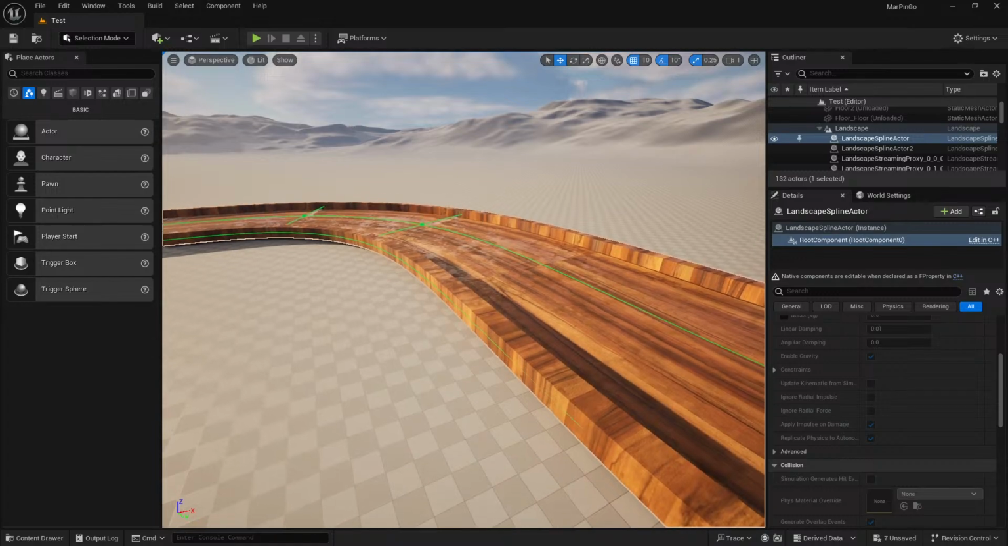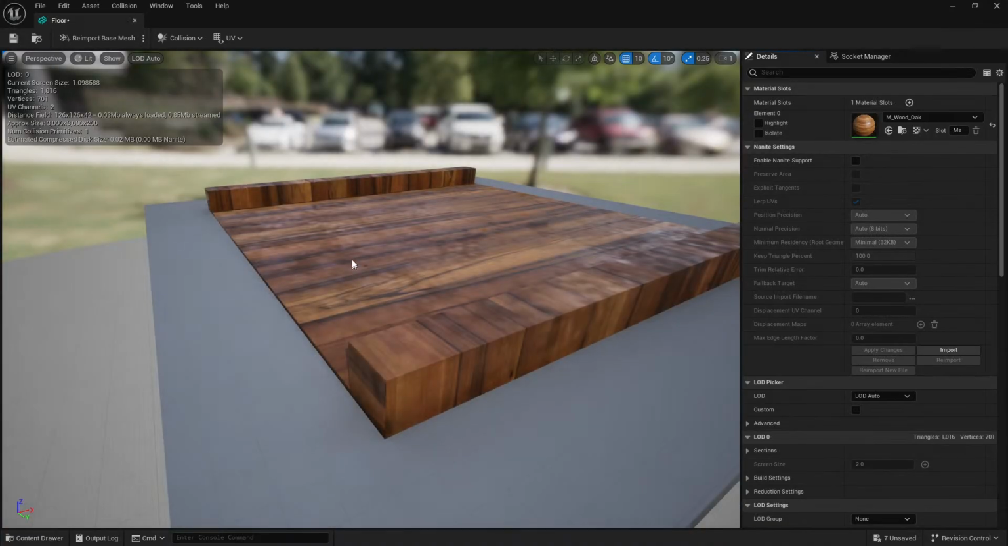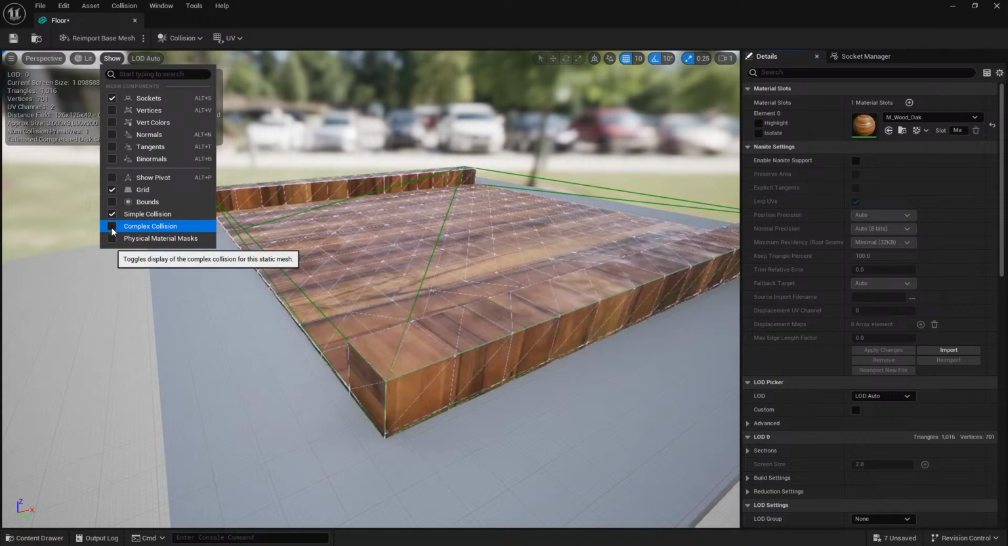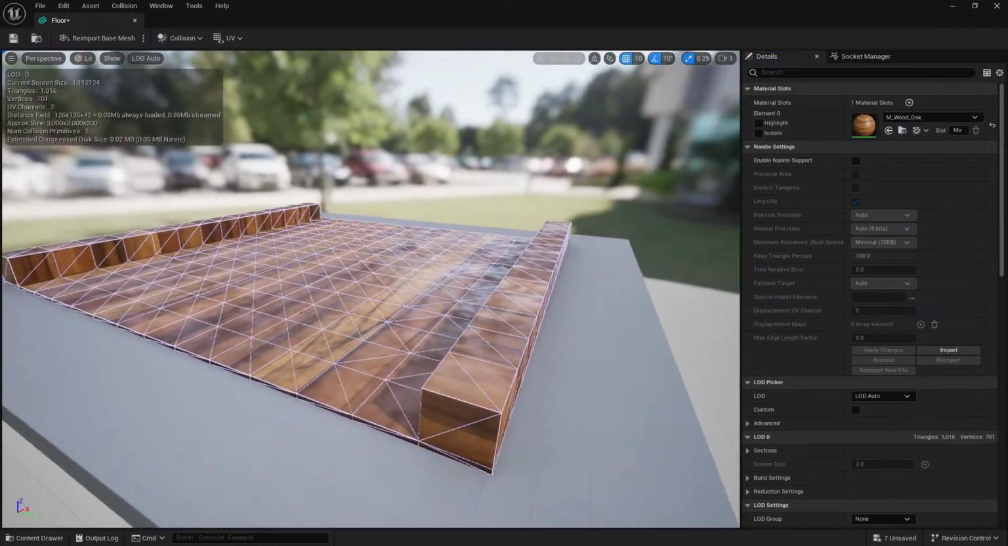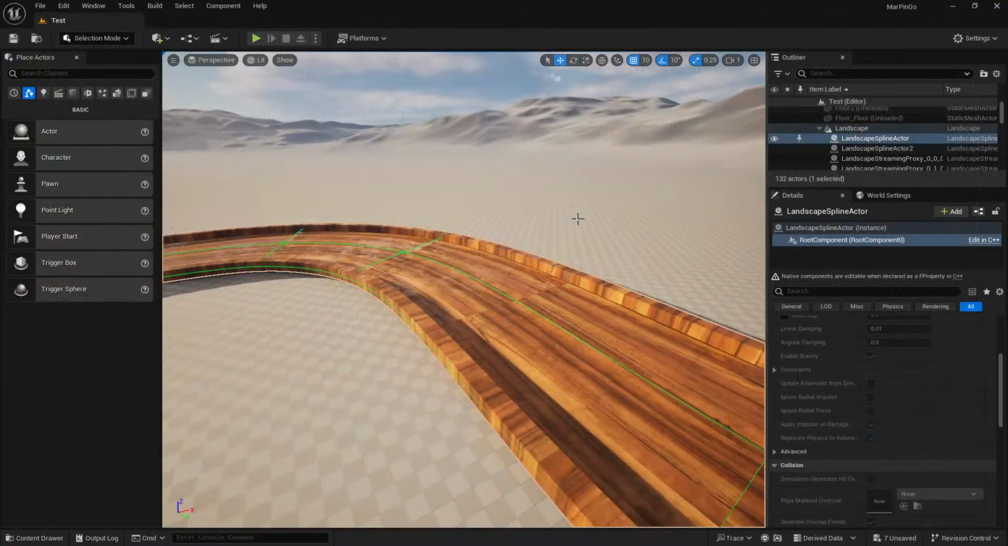Oh, I know what I did. Let's go into this. I want to show, where is it? Collision. Complex collision. Okay. Hide that. That's 1, 2, 3, 4, 5, 6, 7, 8, 9, 10, 11, 12, 13. Okay, that's the 15 one. Okay, so what if